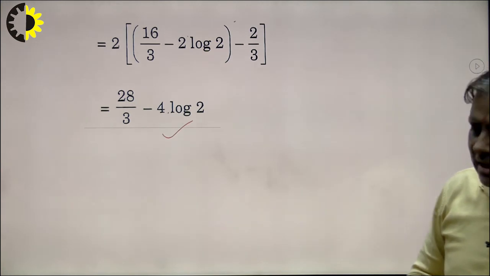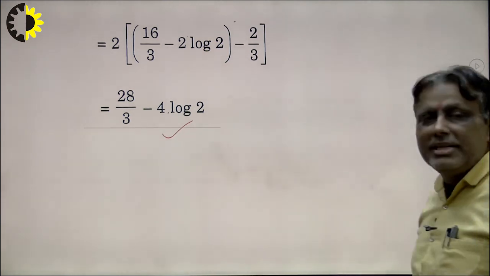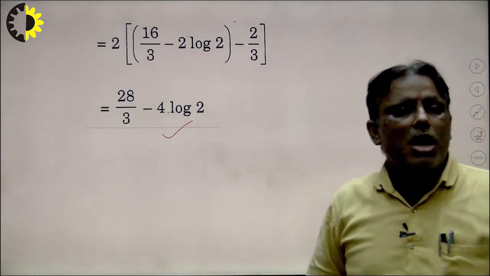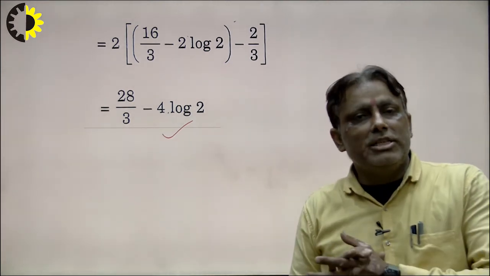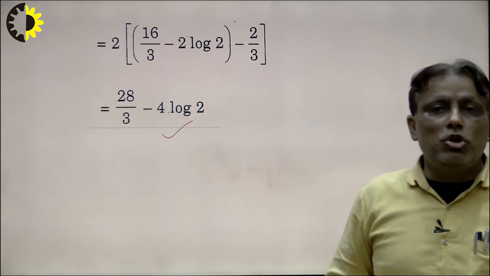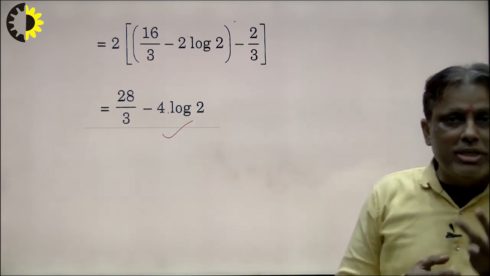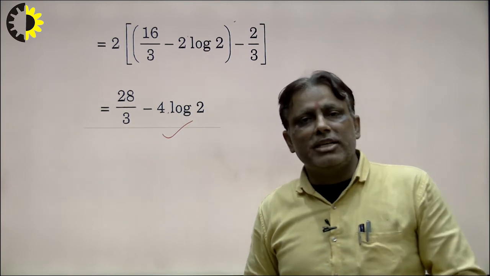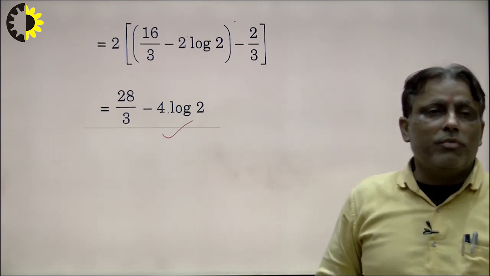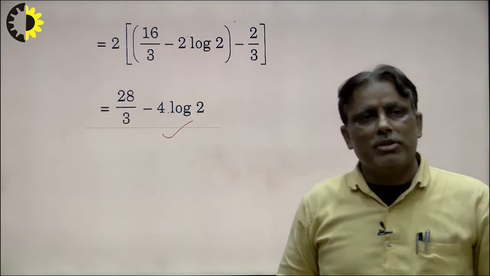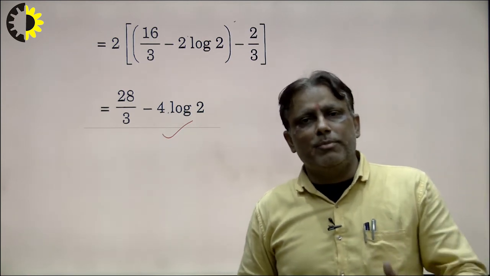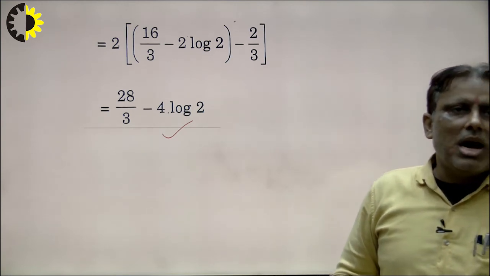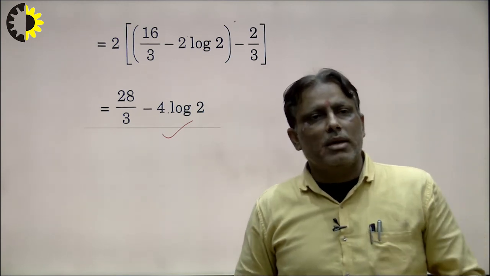So in this way we can solve our problem by using double integration as well as triple integration. The conclusion of today's lecture: how to obtain area by using double integration, how to obtain the volume of a solid surface by using double integration and triple integration, and by changing variables from Cartesian form to spherical coordinates. If students have any problem with today's lecture, they can contact me on my contact number. I will try to solve their problem.